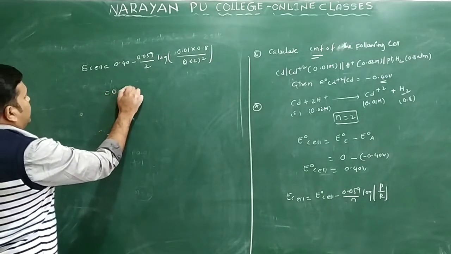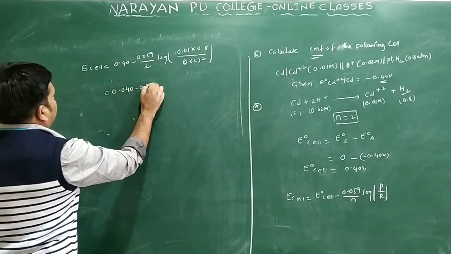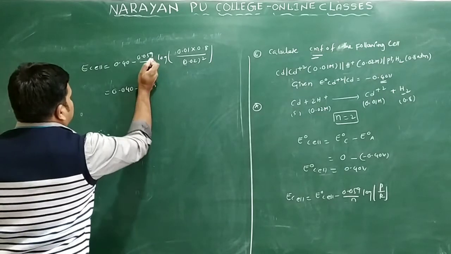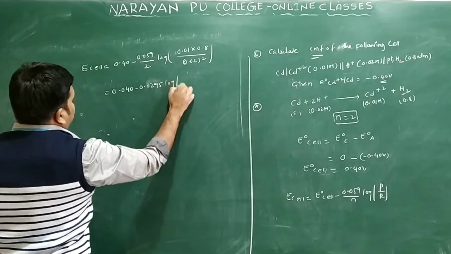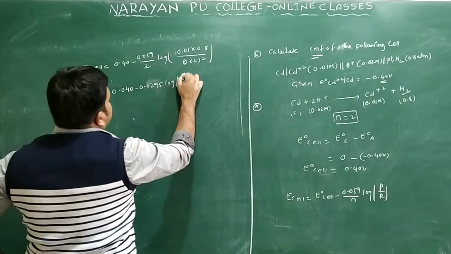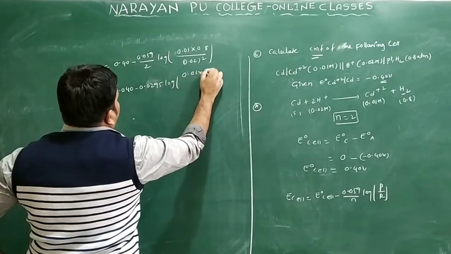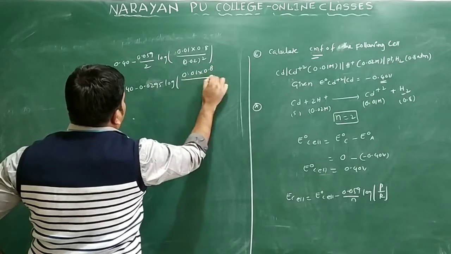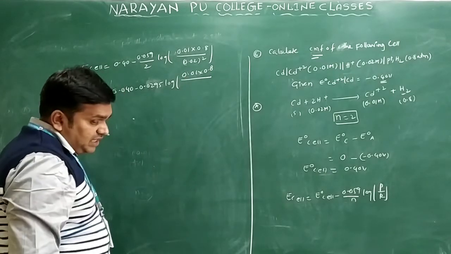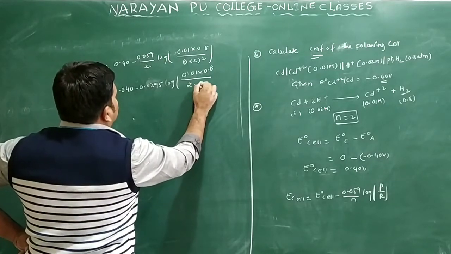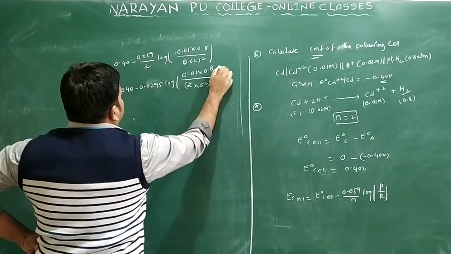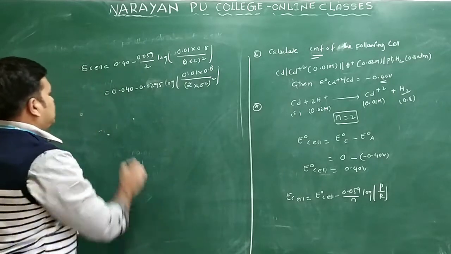This is 0.40 minus 0.0295 into log of 0.01 into 0.8 by 0.2. Can I write here 2 into 10 power minus 2? This is 2 into 10 power minus 2. You will write whole square on it. Now you will write here